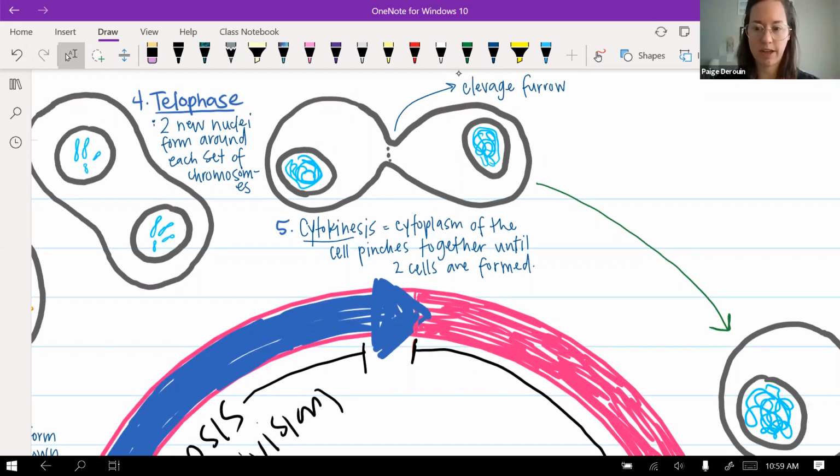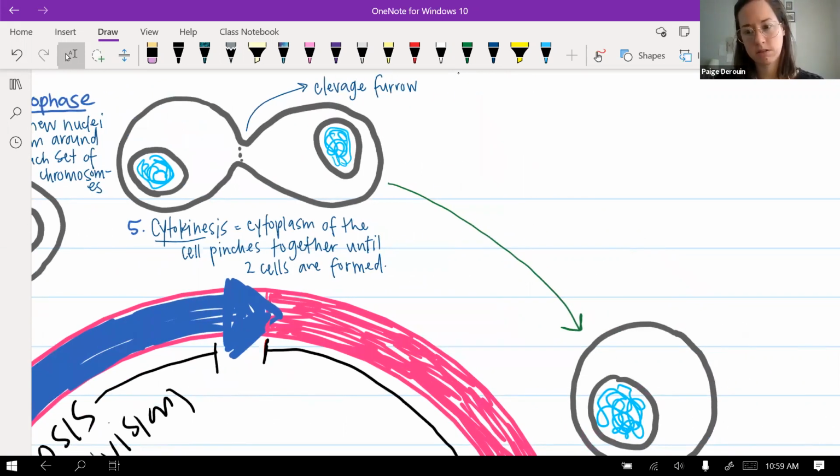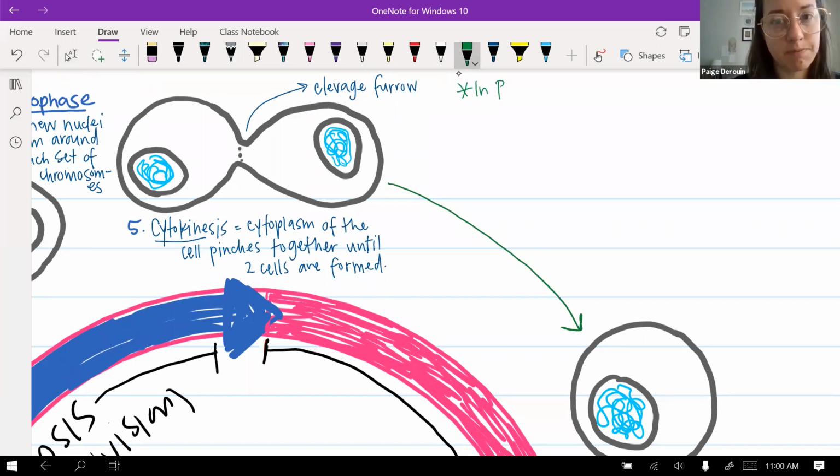That's the location where they actually pinch together. Now, in plants, can this work like this? What do you think? No. Yeah, why not, Jack? Because they have a cell wall. Exactly. So I'm just going to put a little star over here that says in plants,